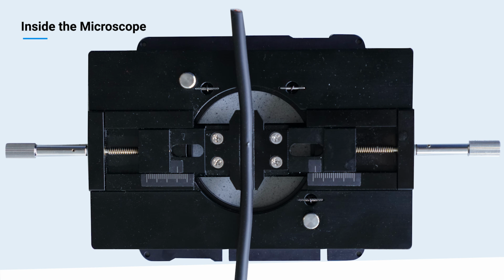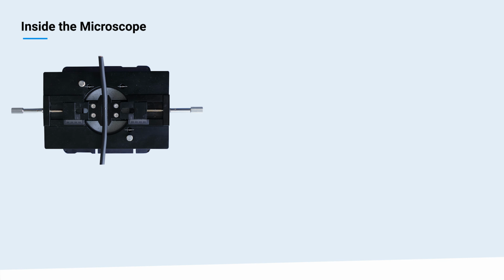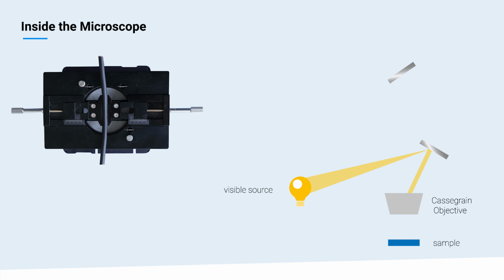So to get a better look, we'll place this under the microscope. First, we want to see our sample, so we'll direct visible light with the mirrors through the objective to the sample. The visible light travels back through the objective to either an eyepiece or a camera. Most IR microscopes just have a camera because cameras let us view the sample on a computer screen and take pictures. But the traditional microscope eyepiece still has its place in certain applications.